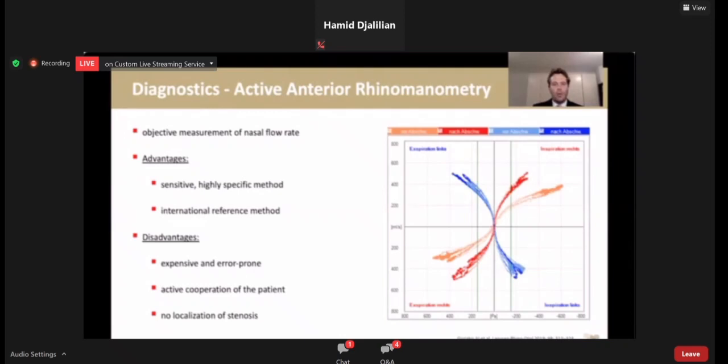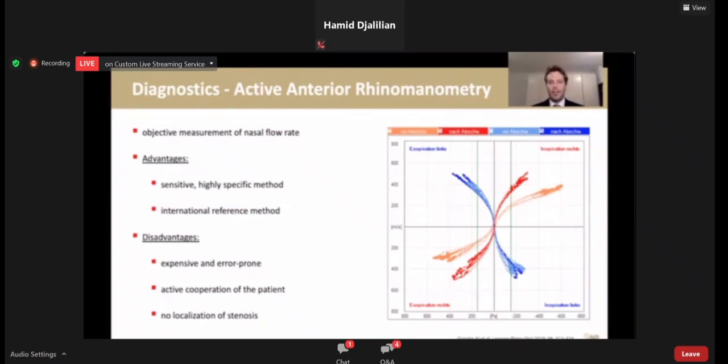What is rhinomanometry? You all know that measurement. It's an objective measurement of the nasal flow rate. It's very sensitive and highly specific, and it is therefore the international reference method for the patency measurement of the nose. The disadvantage is that it is normally time consuming and therefore expensive, and it's also error prone, and furthermore